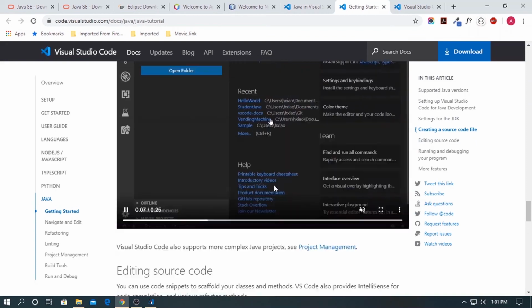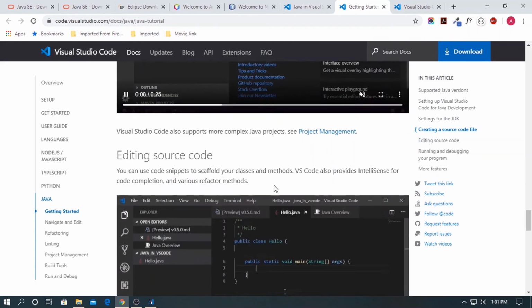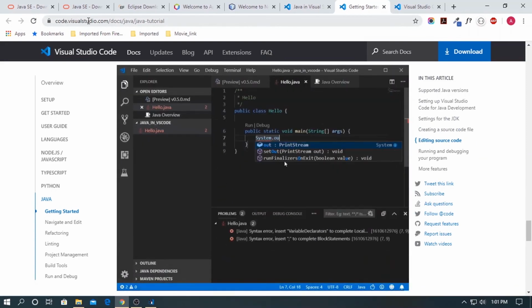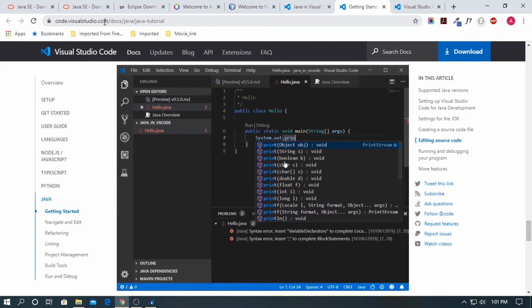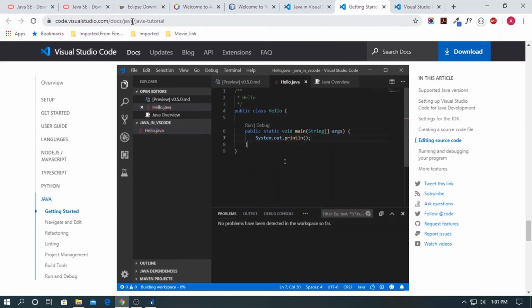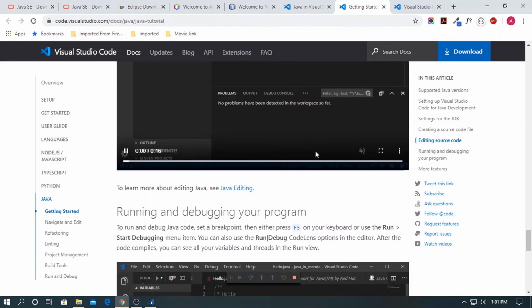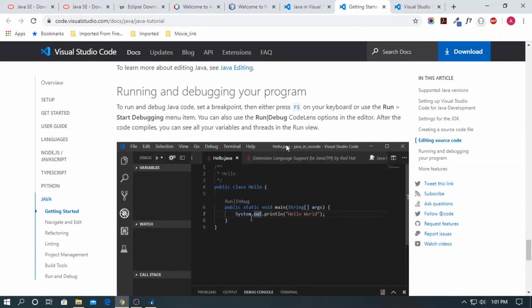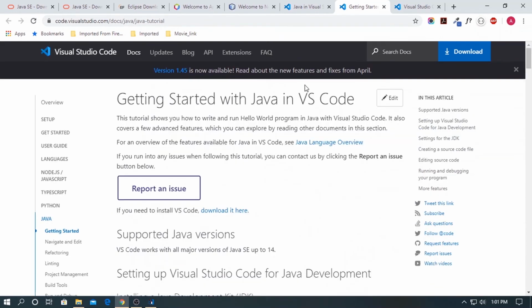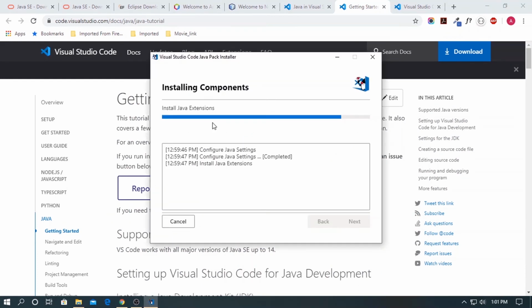You can come to this link, code.visualstudio.com/docs/java/java-tutorial, and follow these instructions on how to use it or install it. It's taking some time.